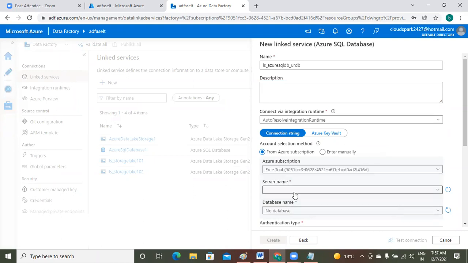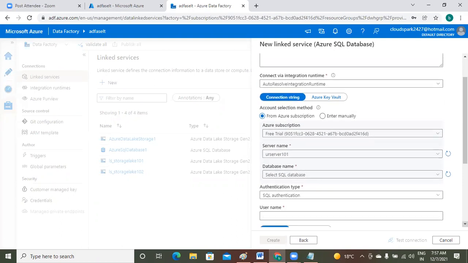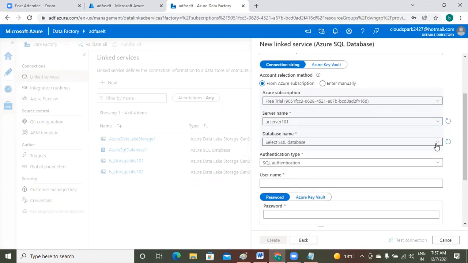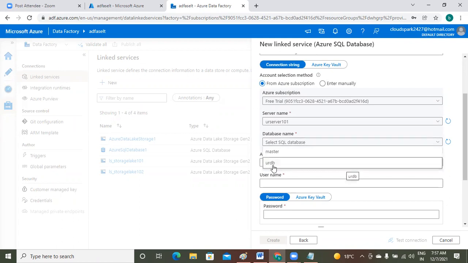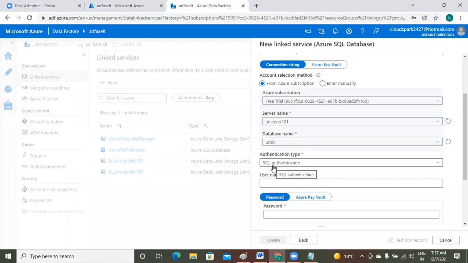I am selecting my free trial subscription. It is asking me for a server name. What is the server name we have given just now? Your server 101. Got it? And what database is it? Your DB you have given. Okay, the database name, your DB, right? This is the database.